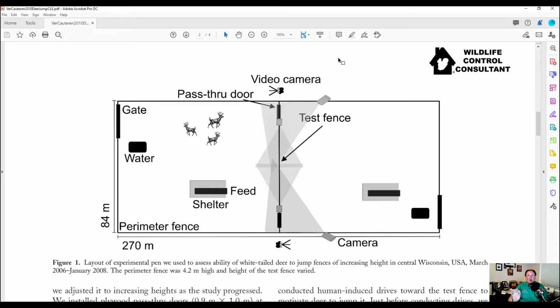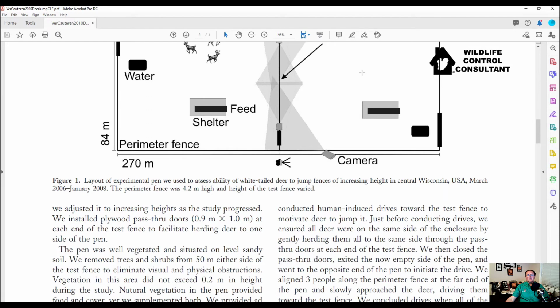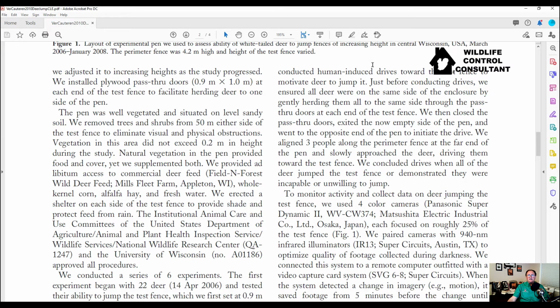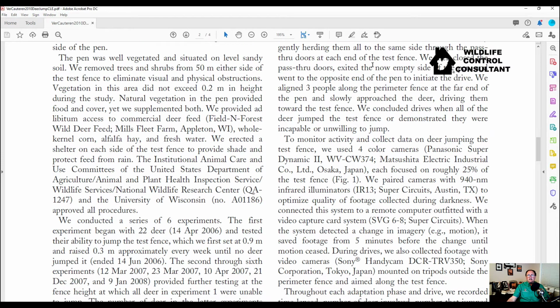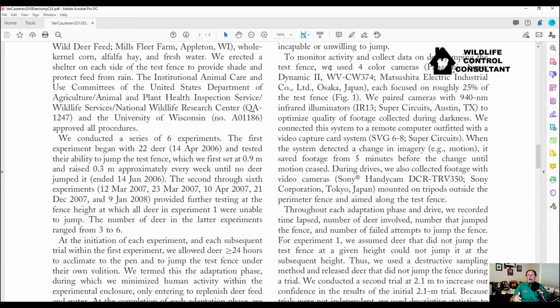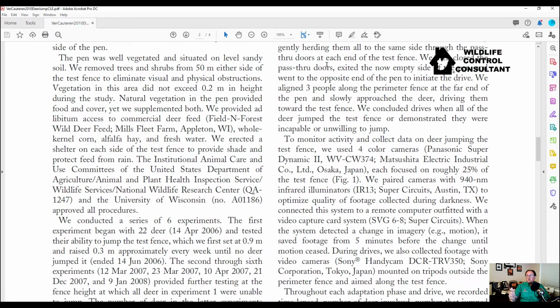Okay, really cool. And it's exciting research that they did. I'm excited about it because this is what I like science for, because it answers a real question. It's not saying, you know, how many angels are dancing on the head of a pin. Okay, this is real stuff here. And it's not just answering sometimes silly questions that sometimes scientists that we fund for. This is some really quality stuff here. So they continue to talk about their location and what they did and how they set up the experiment. And that's what all this is here.